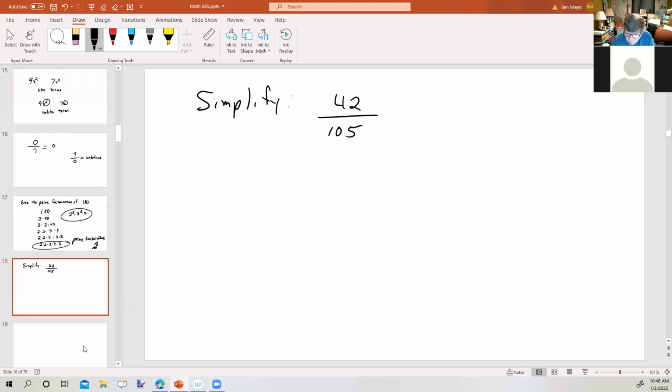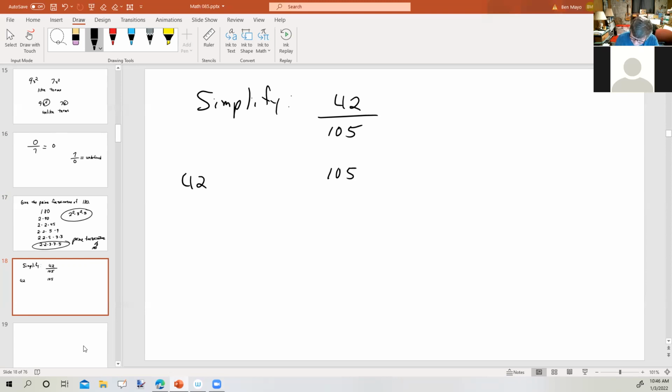Well, a couple of different ways we can do this. One is sort of the chip away method, whereas if we can think of a number that goes into both the numerator and the denominator, we can divide the top and the bottom by that number to reduce the fraction down. If we can't see that, another way to do it is to take the prime factorization of each number,